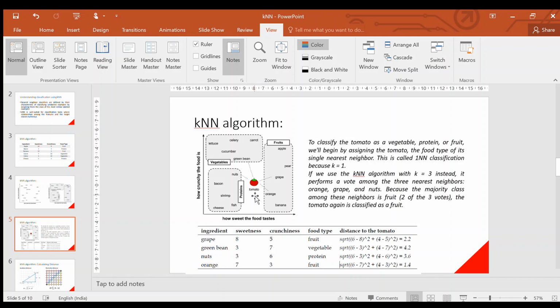If we consider all the data points as k, then all the new data points will be classified as protein, because when we vote, protein will always have the highest number of elements, and all the unlabeled data will always go to protein. So one standard practice is to take the square root of the total number of data points. But we will see later in RStudio how we get to a proper k value.